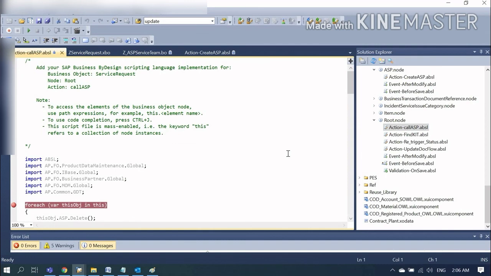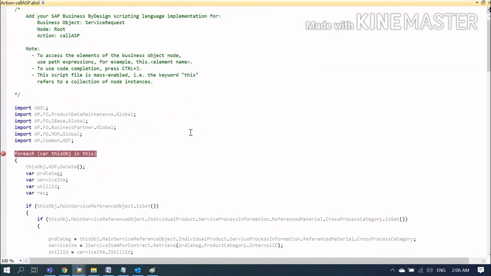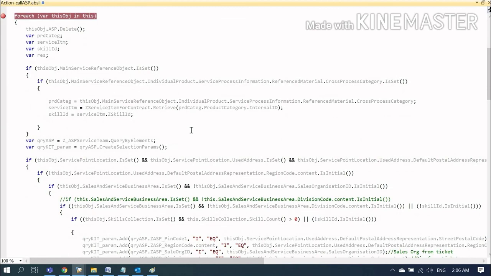So you can see here I have taken this call ASP into the root node. What will call ASP do? Again I am saying, this call ASP will call the custom business object with 5 parameters, fetching the record based on these 5 parameters and creating a record in an ASP node.